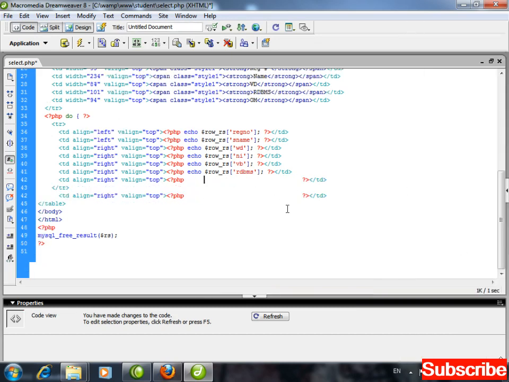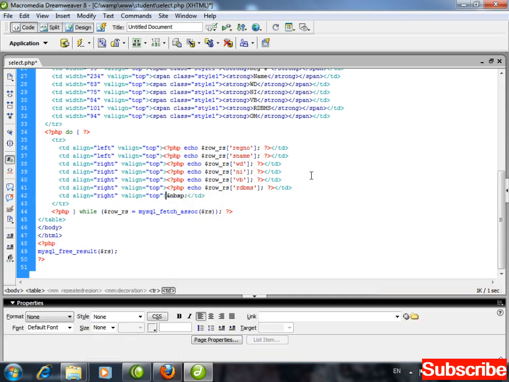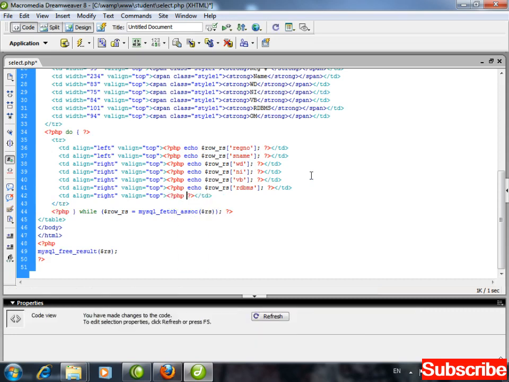Now what I want to do, I want to display here in this cell the sum of this. I want to sum the web designing, network infra, Visual Basic and RDBMS.